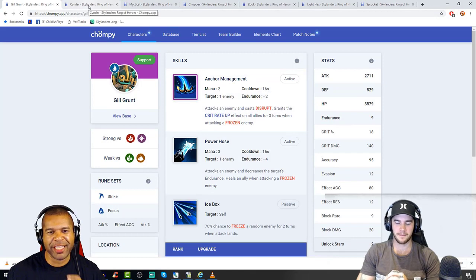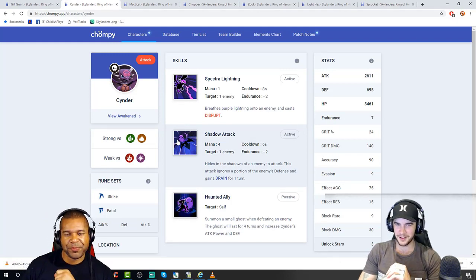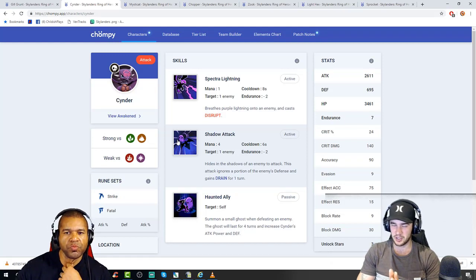Now, we'll give you the lead on this one, because this is actually one that you did a lot of testing on the soft launch account there, Cinder. Yeah, so Cinder is a unit I absolutely love. Without skill ups, she's a bit too mana inefficient because her second skill is a 6 mana cost, but her disrupt, being a 1 mana disrupt on a 10-second cooldown at base, skills up to 8 seconds, is just really,